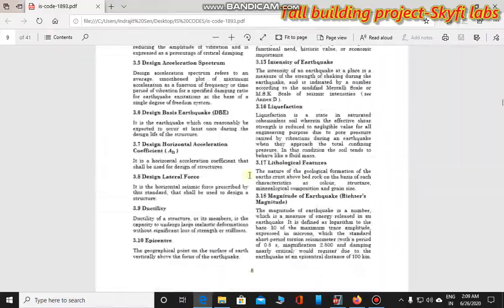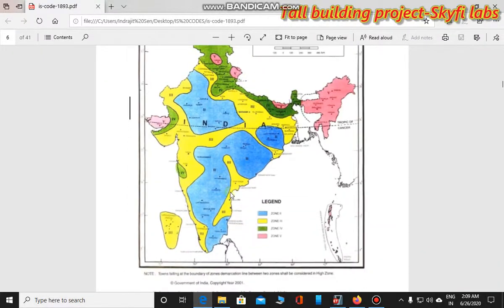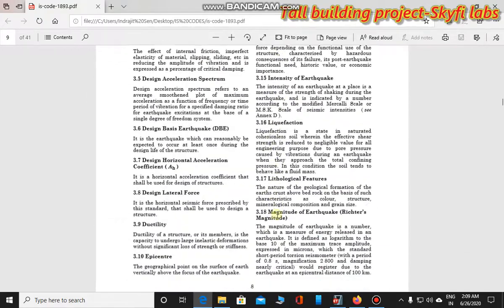Yes, they have this point, and we are going to construct this building in Bangalore. So Bangalore is in seismic zone 2. Okay, and for zone 2